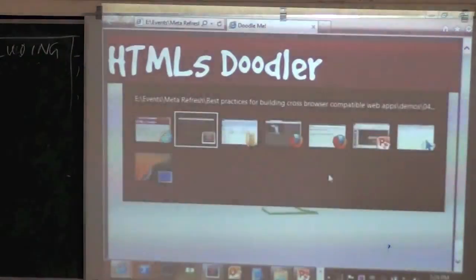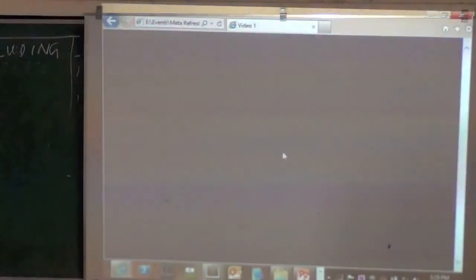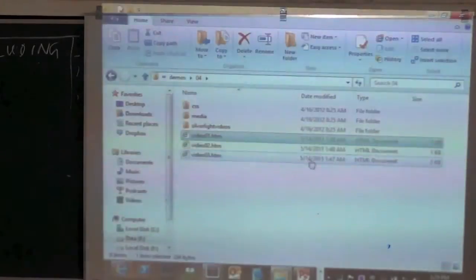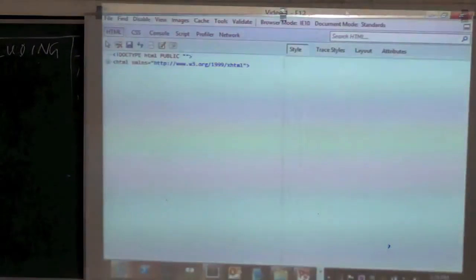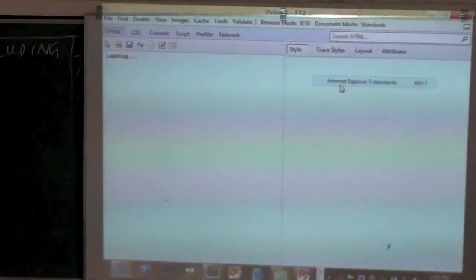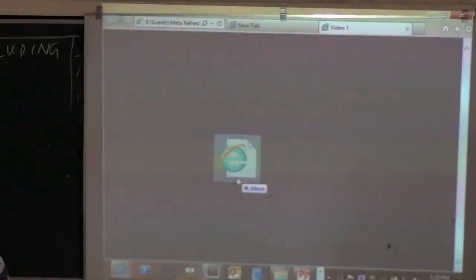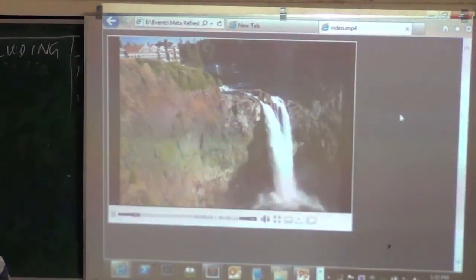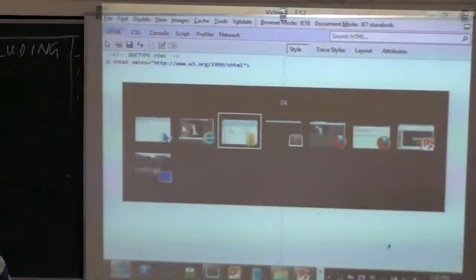Now that's great, but what about older browsers? So let's say I open this here, or maybe here. As we know, it works fine. So I use my debugging tools and go to IE7, and that's what that looks like, right? That doesn't look like a video. So for that, we do something like that. So this works in IE7 mode, and the reason why that works is because